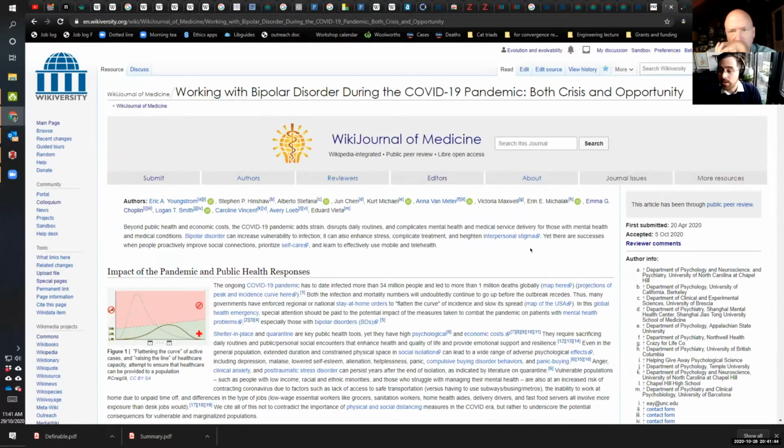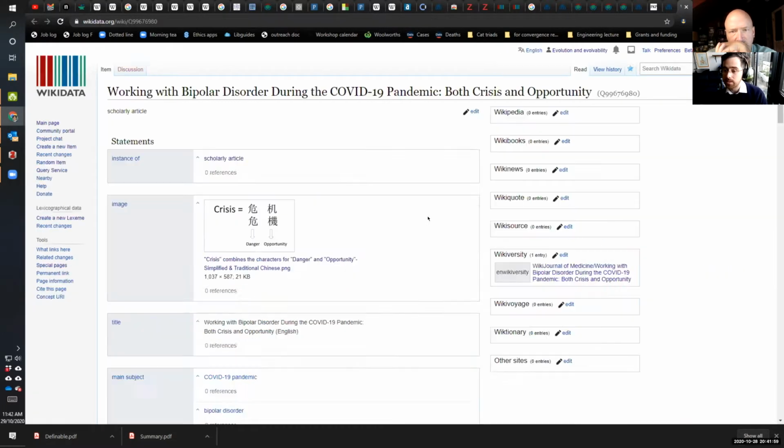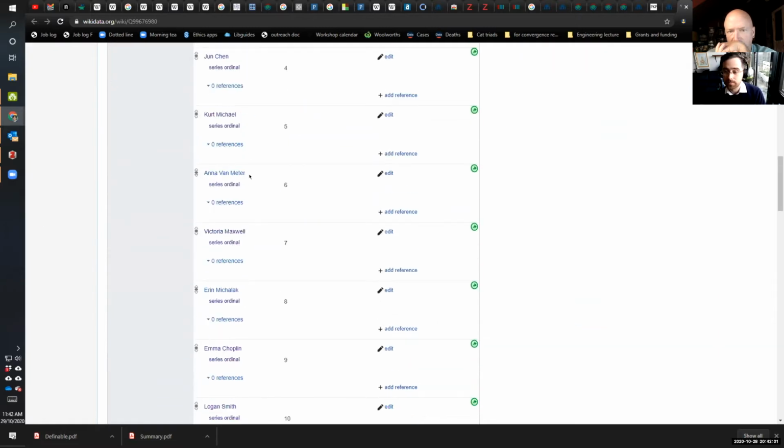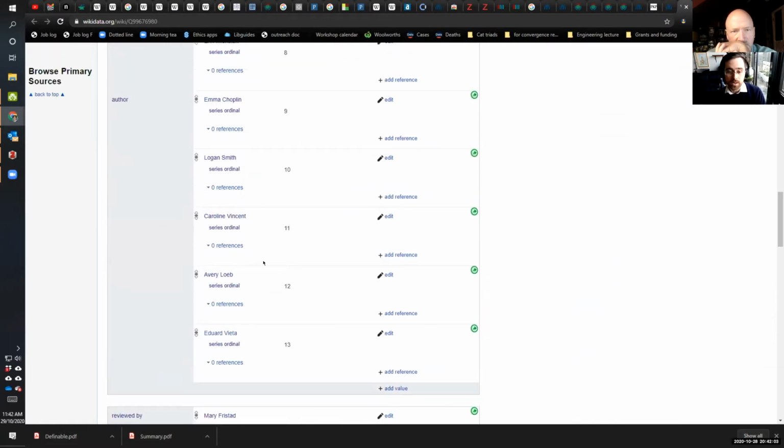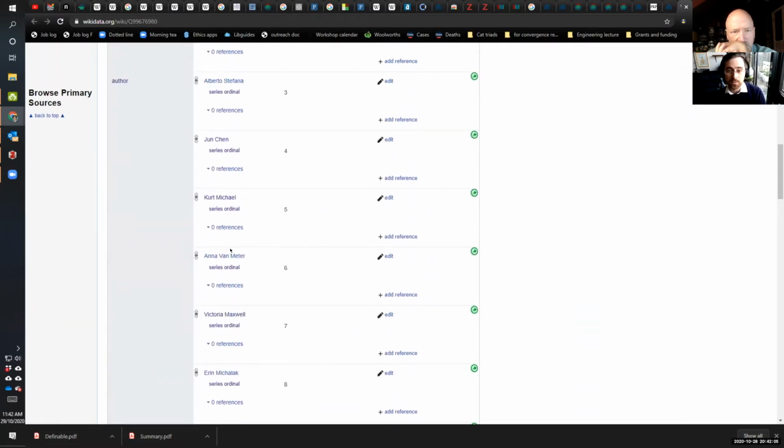Now, the only thing we can't rely on Wikidata for currently is all of this information being accurately represented. Let's say where are the authors? Anvenmeter I shall go to.